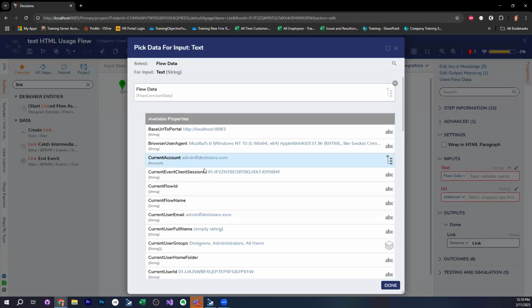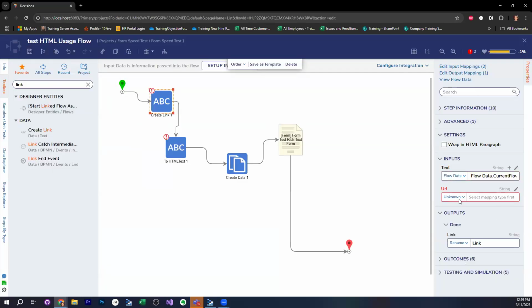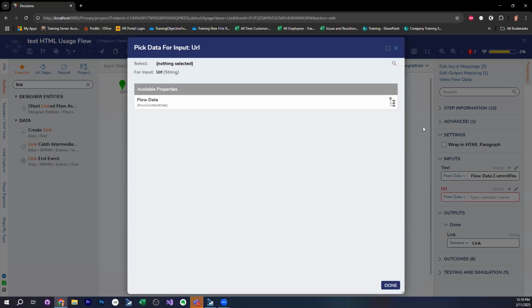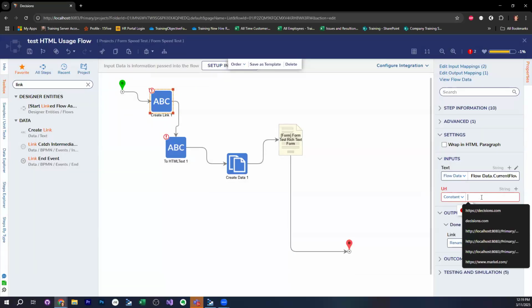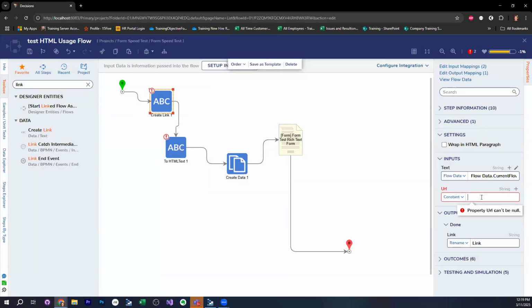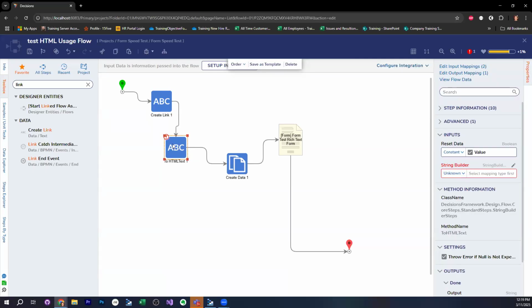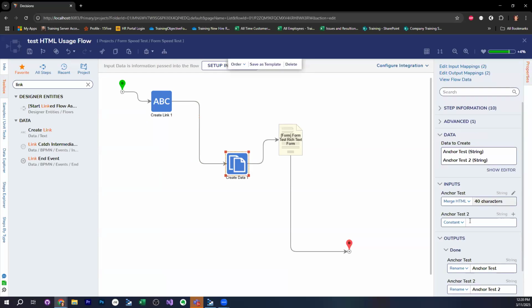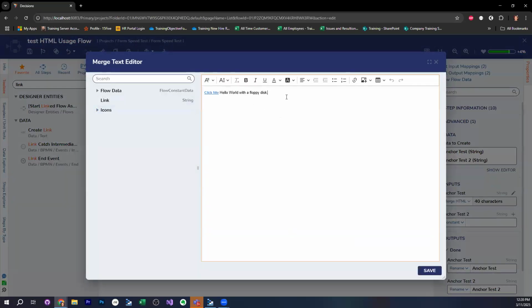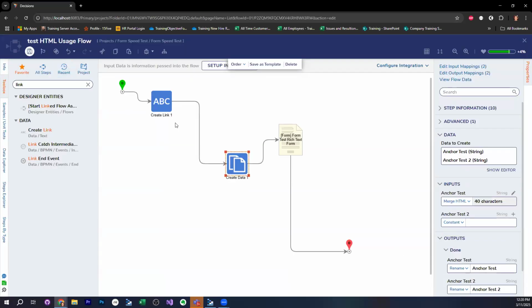If I want it to be from, let's do flow name, right? And then I want my link. I can also get this from a dynamic process. And then let's say this is http decisions.com and then /training. And then what I can do is I don't even need this step. For this part, as I create my text, I just click the link string and I think that should be linked for that.